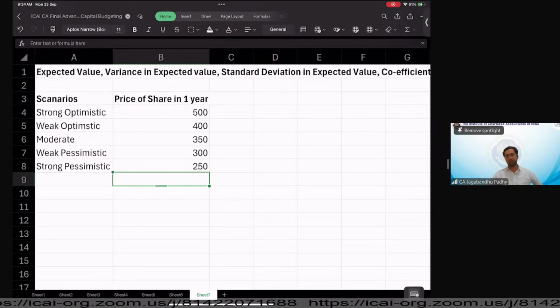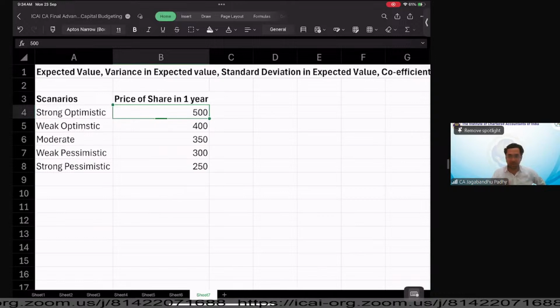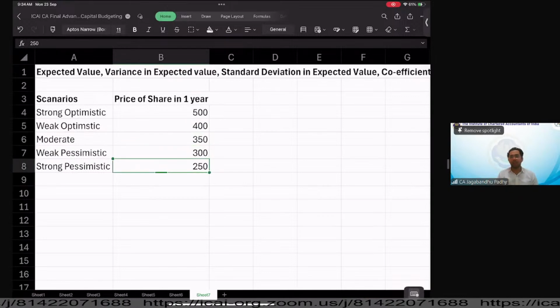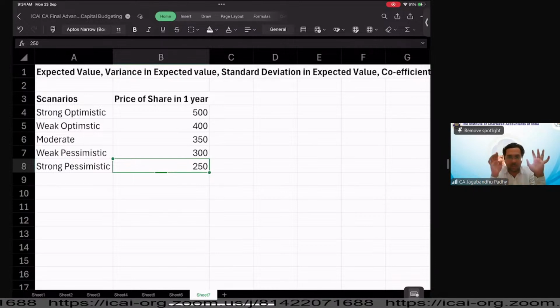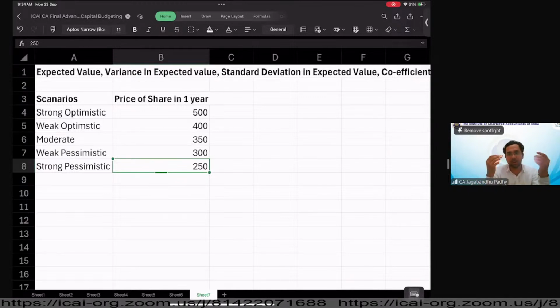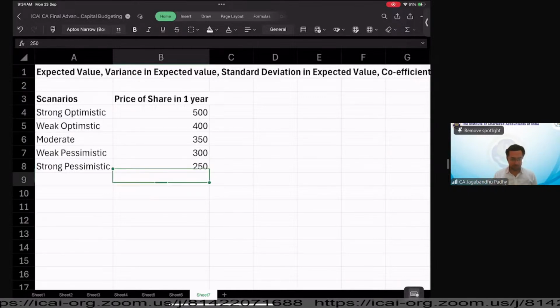I'm sorry, not what's the timeline, but what's the price that you're expecting. Are you going to expect the share price to be 500? Or do you expect the share price to be 250? Can I say we have an expectation of average? Right? Average all of them, sir. Simple, take the average. A very common sense and a very basic way of understanding the expectation is to take the average.